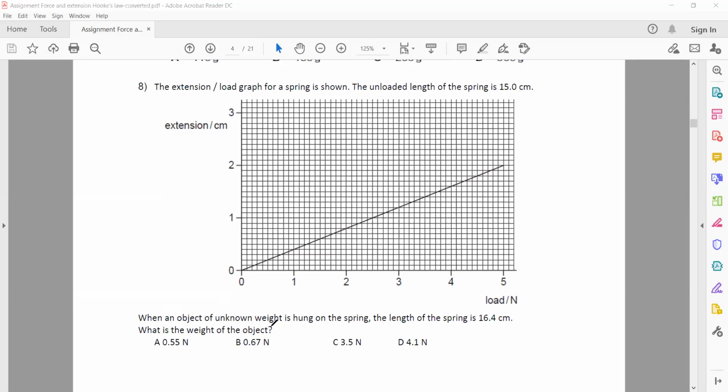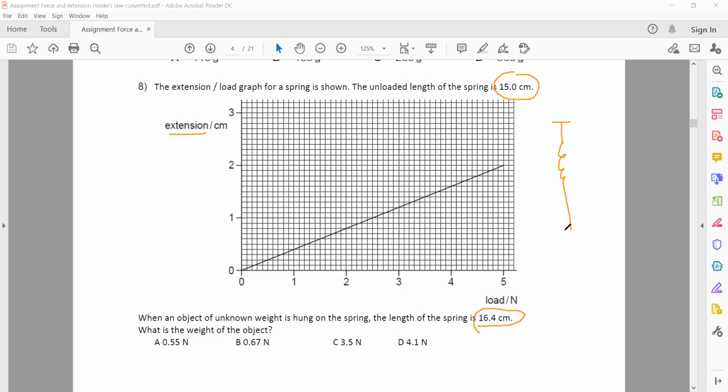An object of unknown weight is hung. The length of a spring is 16.4 and the original length was 15 centimeters. So what is it? And this graph is for force and extension, or force and load. So if originally it was 15 and now it is 16.4,